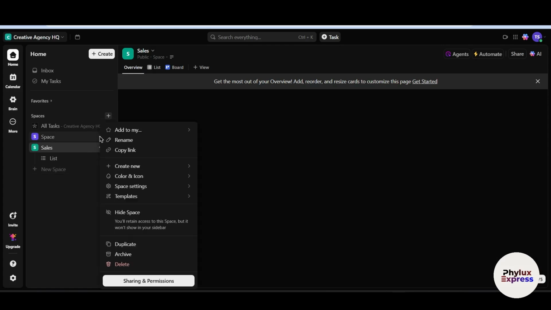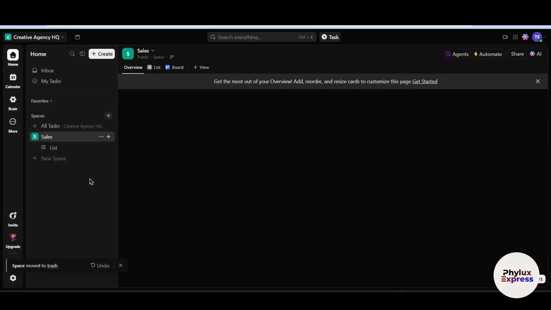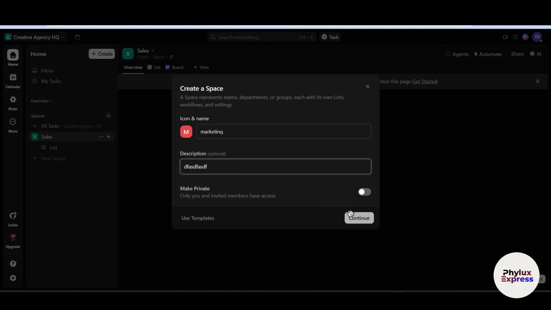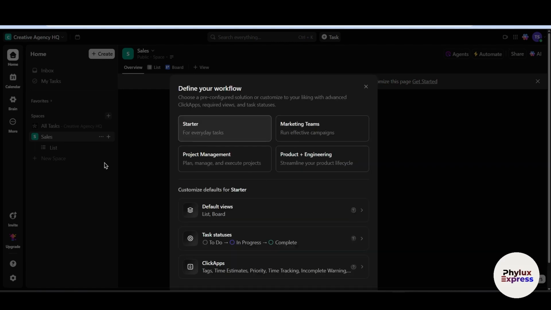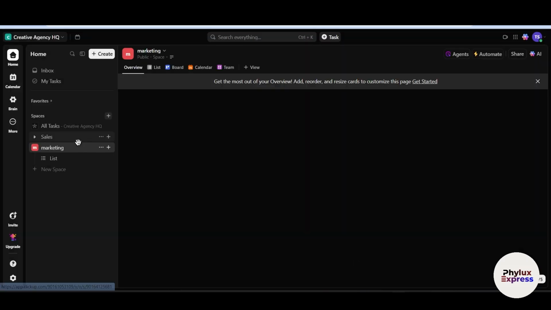Now I will just simply delete this space which they have created. Now click on the create and create space again of marketing. So it's like you have different types of sections for different types of tasks in your workspace. Then just simply search for marketing team, click on this create space button. Now, this is our main workspace, and this is where we have some